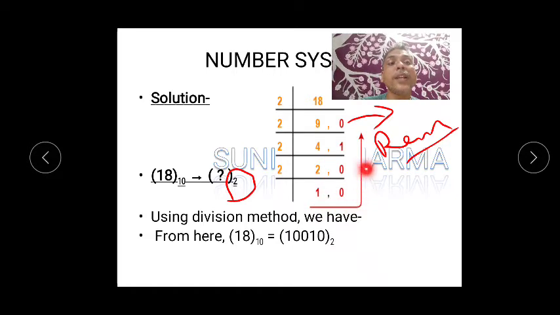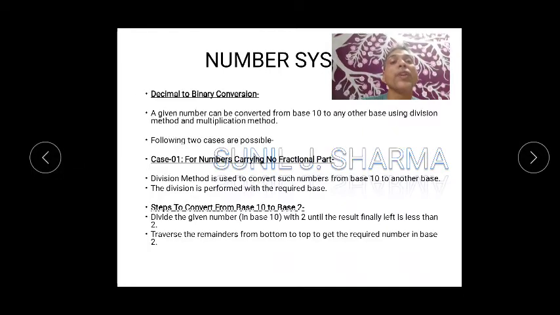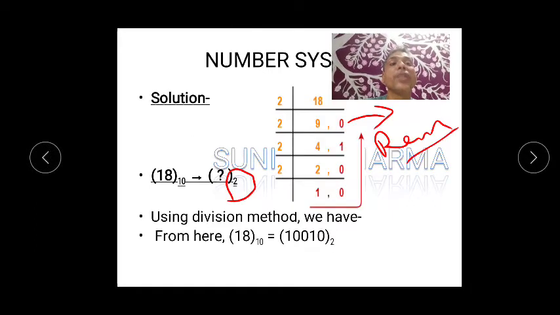But when you write this answer, first of all you should move from bottom to top. I think it is mentioned here, convert from one base to another, division method, and I think I have written somewhere that you have to move from bottom to top. So you have to move it from bottom to top. Using the division method we will be getting this. So I hope you understood this. I have taken one more example. You can take any example like 100, 200 or 99 and just check your answers.